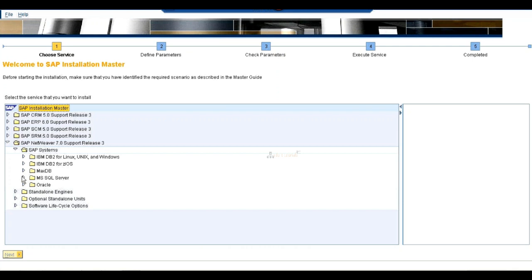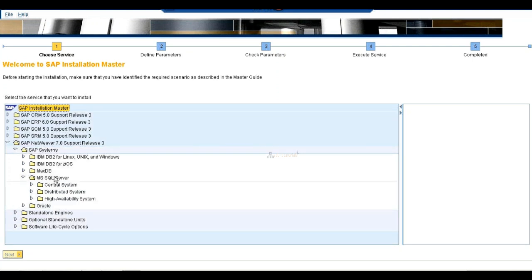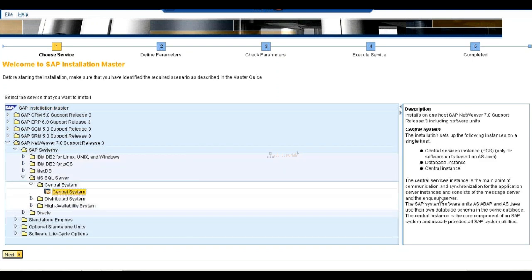So our database is MS SQL Server. Go to MS SQL Server, expand MS SQL Server. Here: central system, distributed system, high availability system. Expand central system. Here we need to select central system. Regarding this, just go through this line.